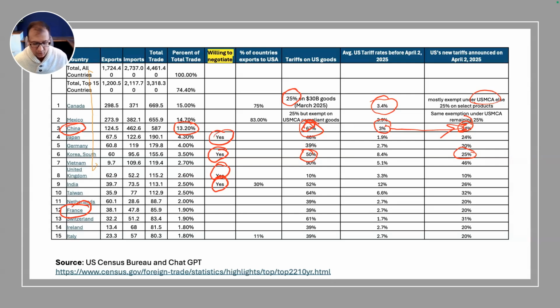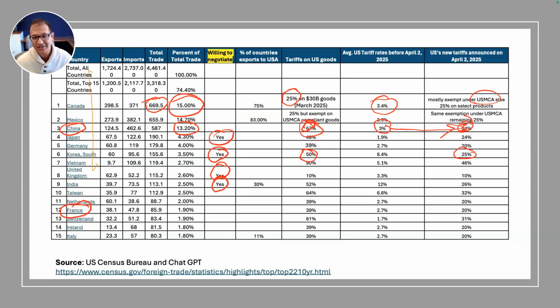charge tariffs. So although Canada is the largest trading partner with the US, the Canadian government, even though they were saying that we are going to impose 25% tariffs on $30 billion worth of goods, remember the total trade between Canada and US is $669 billion. I think there is room for negotiations and we'll have to wait and watch, but I think there will be a lot of hand holding and supporting each other.